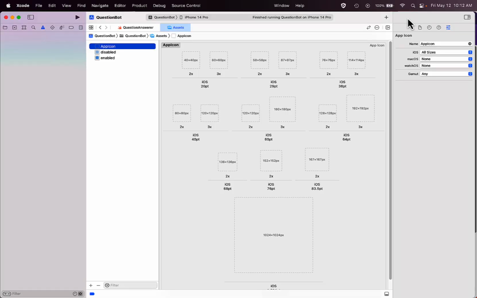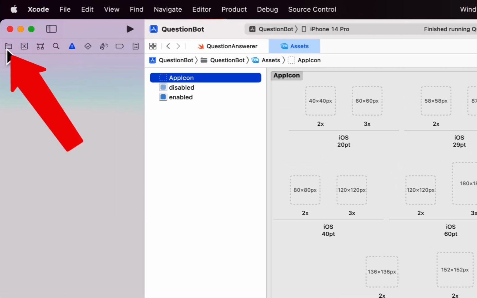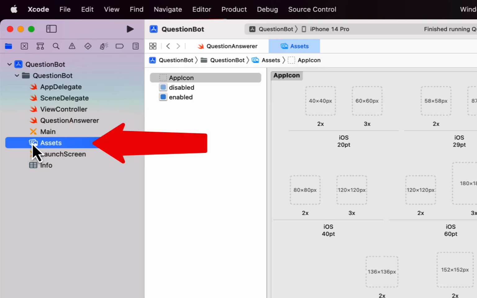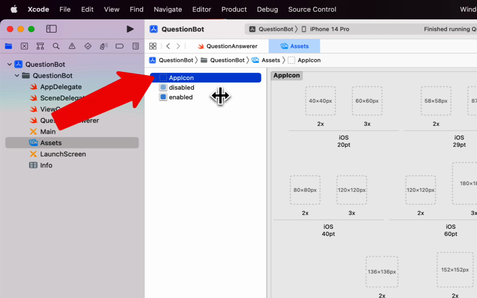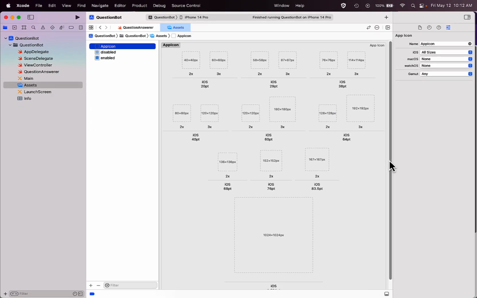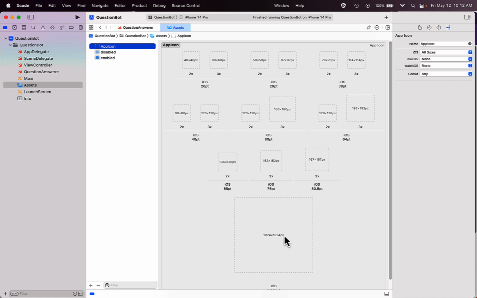When you're ready to create the app icon for your app in Xcode, you probably came in here to your project navigator and hopefully went to your assets catalog area and clicked on the app icon, and then you may have noticed this looks different than when we made the dice roller app, where you just had one square that was 1024 by 1024 to drop your image in, and now you have all these different sizes